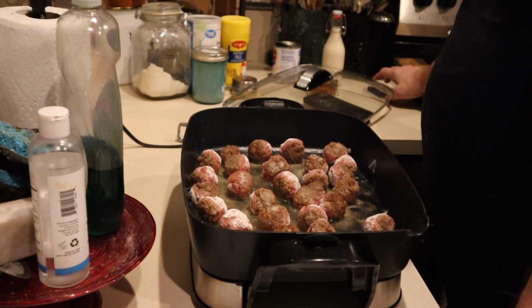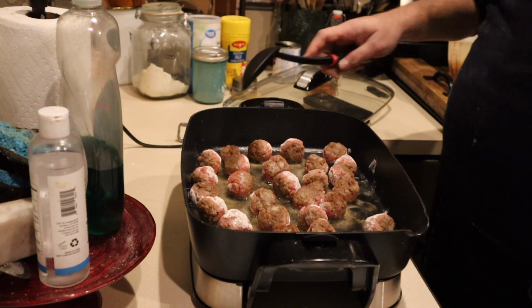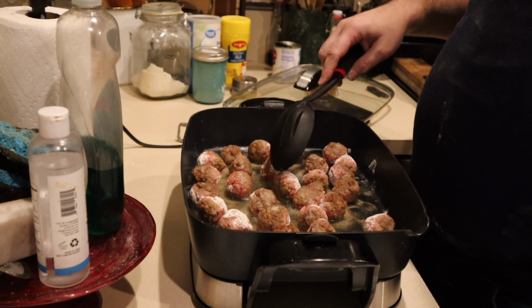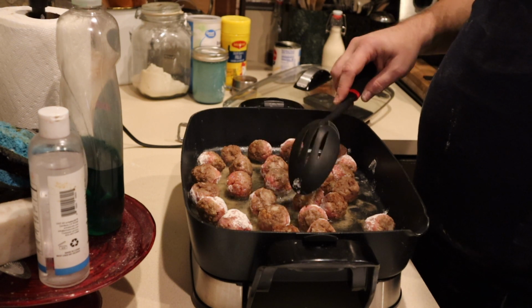Now, once they start frying up and browning up, you don't have to be so ginger with them. You can actually use a spoon and just very gently toss them around in this grease. You still don't want to go crazy. I don't want to chop them up. I want an actual meatball when we're done with the process. You can see we got some pretty good meatballs here. Not perfect, but